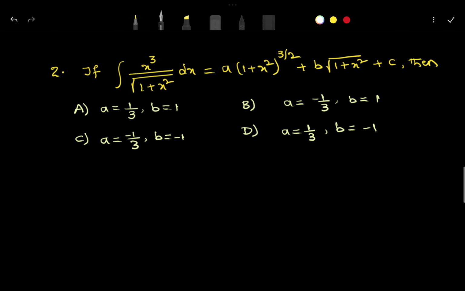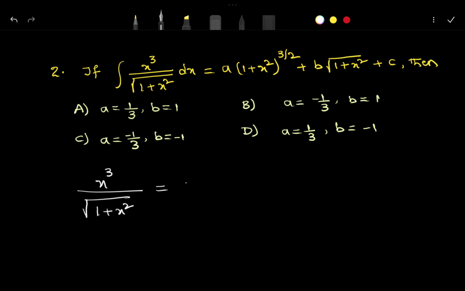Integration of x cube divided by square root of 1 plus x square dx is equal to a into (1 plus x square) to the power of 3 by 2 plus b into square root of 1 plus x square. Now differentiating on both sides, the left hand side will be x cube divided by root of 1 plus x square